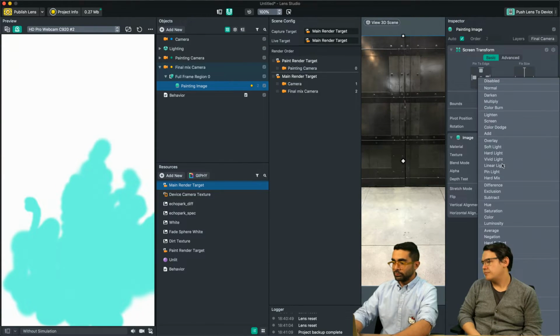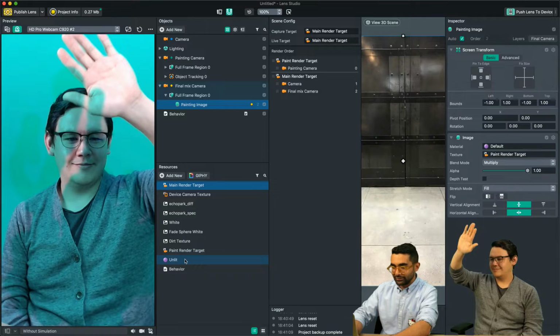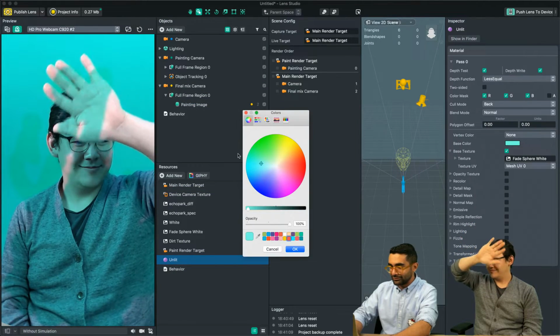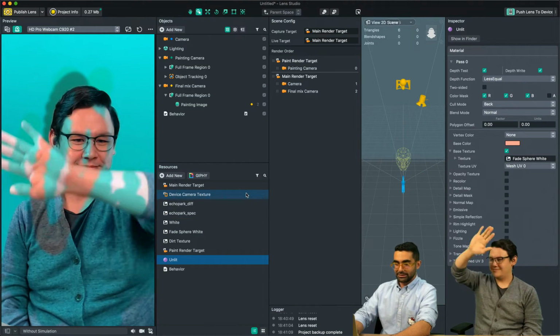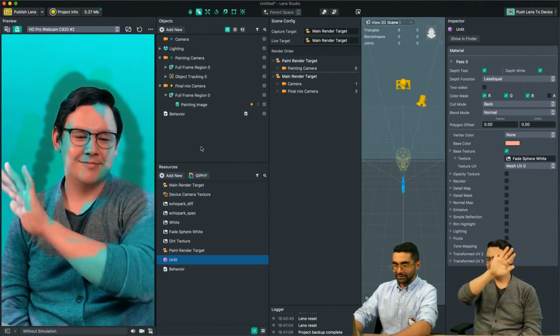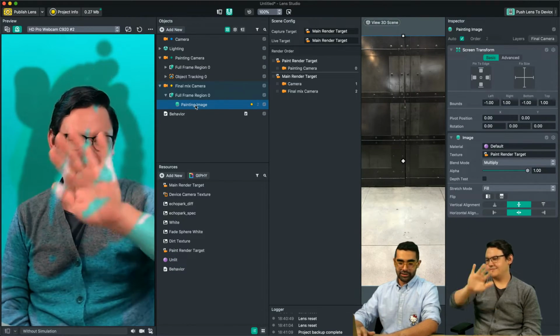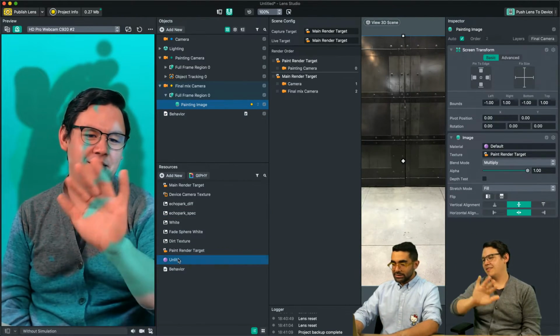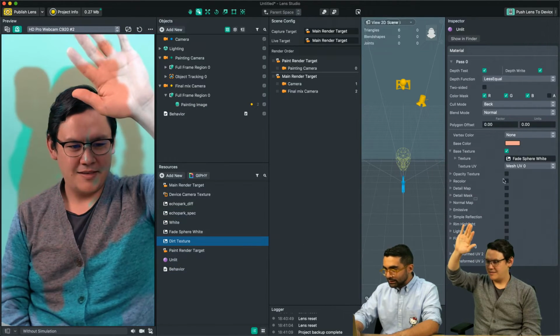Cool. So what I'm going to do right now is put it on multiply for now, and this is green. We're painting green on top of green, so I'm going to change it to red. Okay, so now we're painting something here. So how can we achieve that effect that I showed you earlier? So what we're going to do is first set the